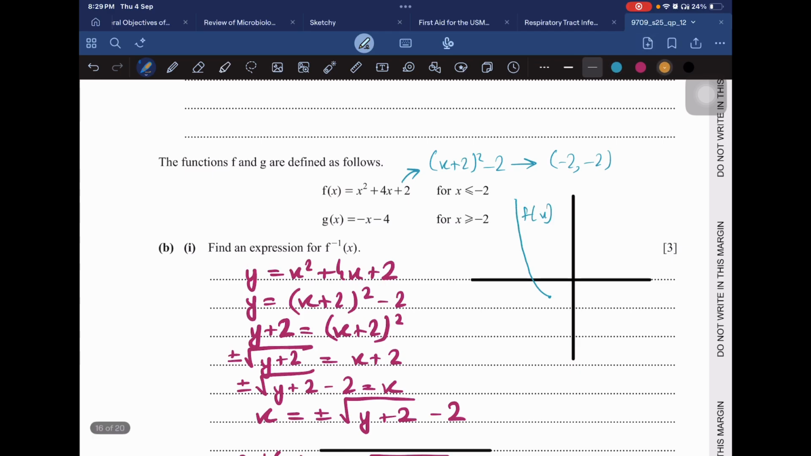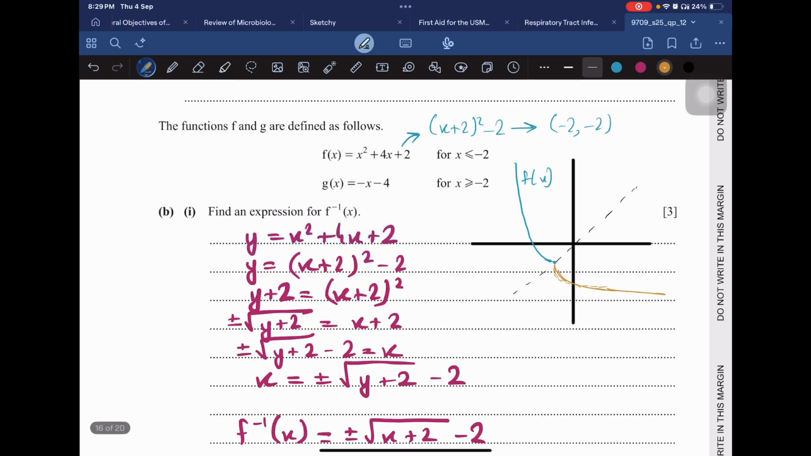Now the inverse is a reflection in the line y = x. So the inverse will be, so it should pass through this point. So the inverse will be something like this. All right,